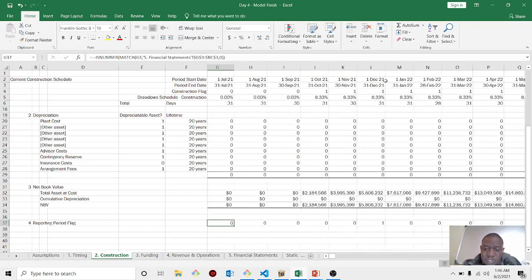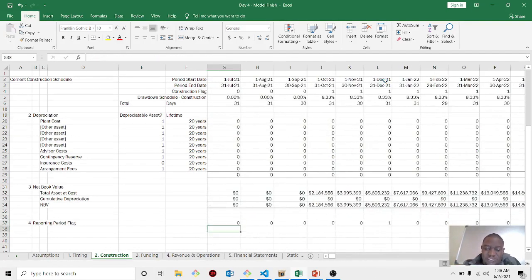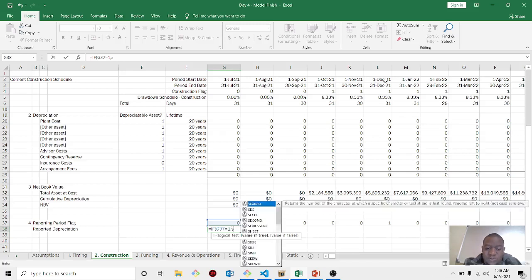Awesome. So now all we've got to do is, it's easy. So we just say reported depreciation, and now we're just going to say if this is a 1, I don't even need to say is equal to 1, because if it's 0 it will return false, if it's 1 it will. But anyway, to make it simple, if that's 1, meaning it's a reporting period, what would we like it to do? Would like to sum,